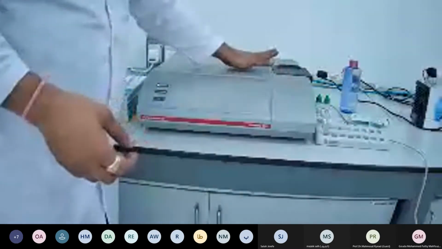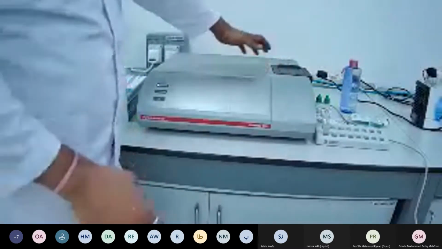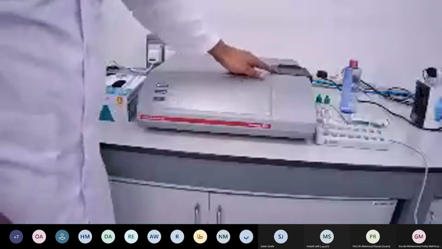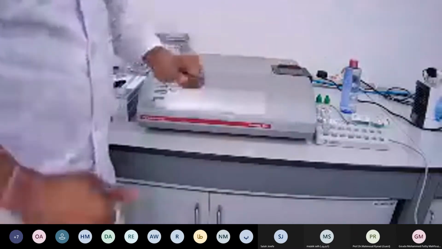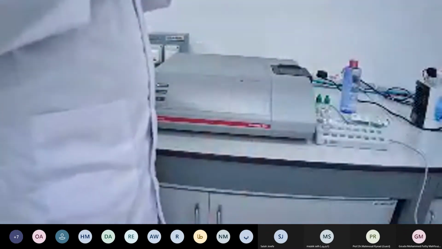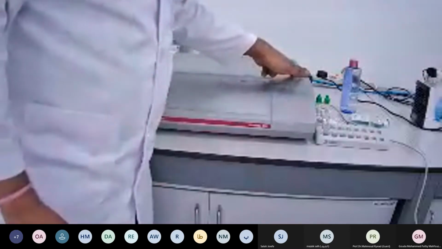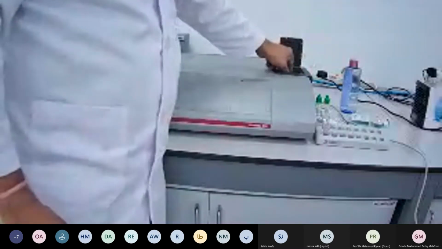So this is our Peltier system. What we have is a sample cell. This black region you can see over here is our sample cell. Here we put our sample, and this is completely Peltier temperature controlled. So you can vary the temperature from 0 degrees to 90 degrees Celsius. Even if you want to see the stability of an emulsion with respect to temperature, you can do that by using this particular attachment. You can just click over here and this sample cell will open.